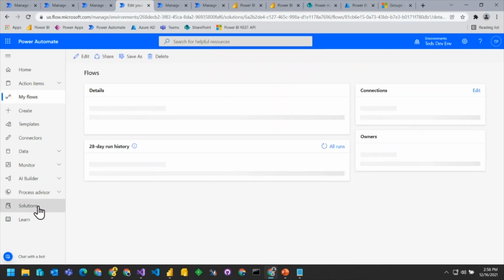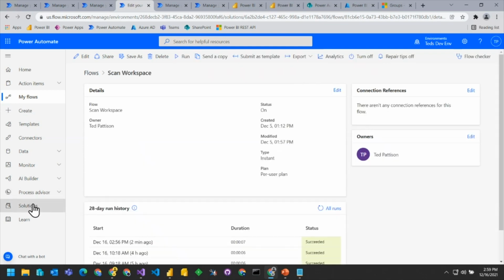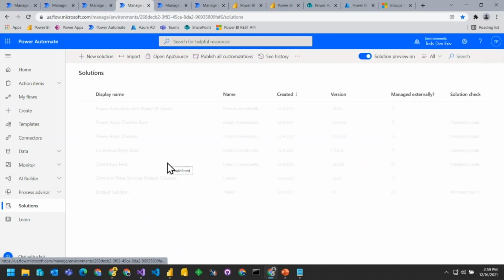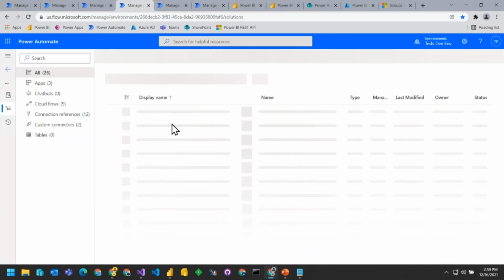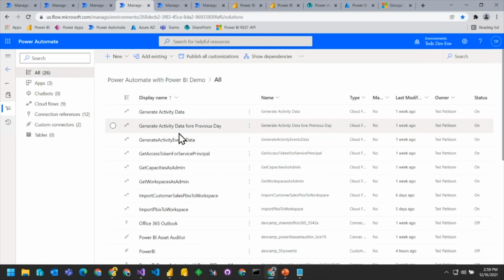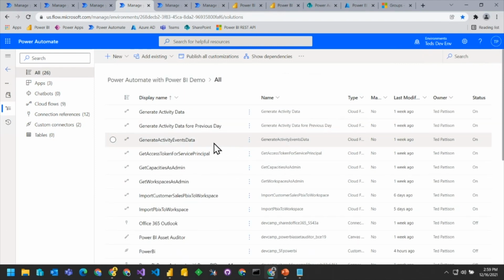One more thing I want to cover, just because I know we're at the ending time, is accessing the Power BI activity log from a flow. So the last flow we're going to look at here is actually a set of flows that allows us to get the actual events from the Power BI activity log.